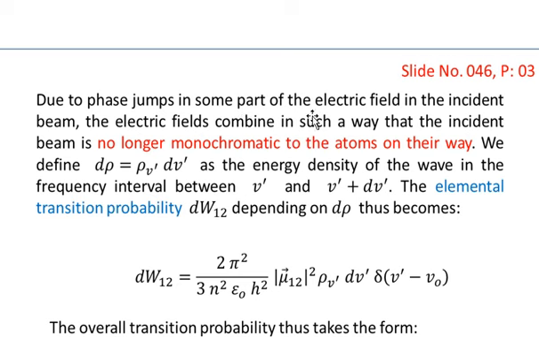Due to phase jumps in some part of the electric field in the incident beam, the electric fields combine in such a way that the incident beam is no longer monochromatic to the atoms on their way. We define d rho equal to rho nu prime d nu prime as the energy density of the wave in the frequency interval between nu prime and nu prime plus d nu prime. The elemental transition probability represented by dW12 from level 1 to level 2, depending on d rho, thus becomes